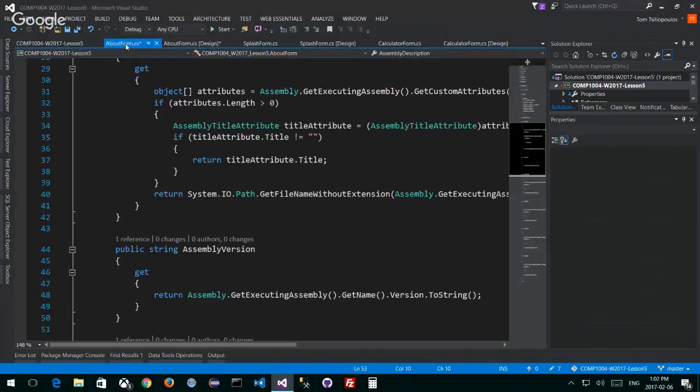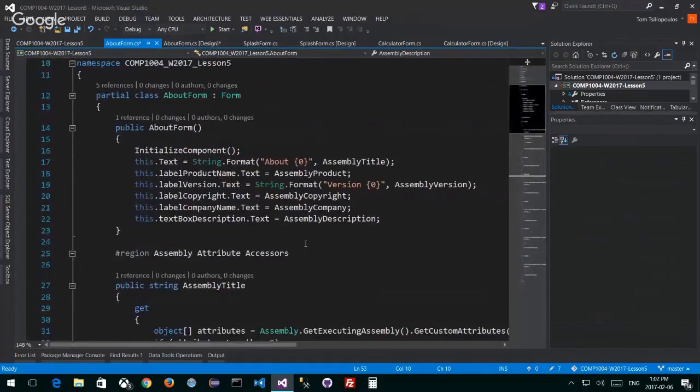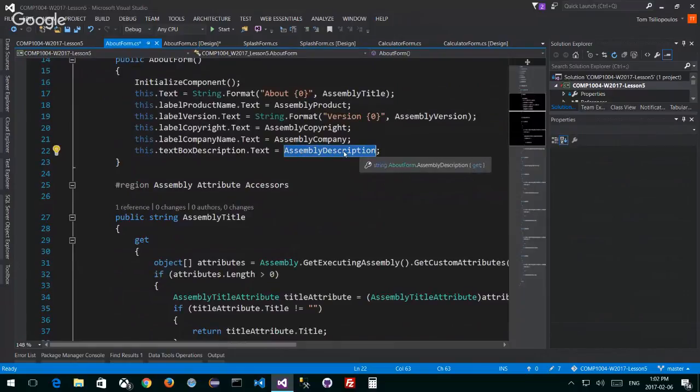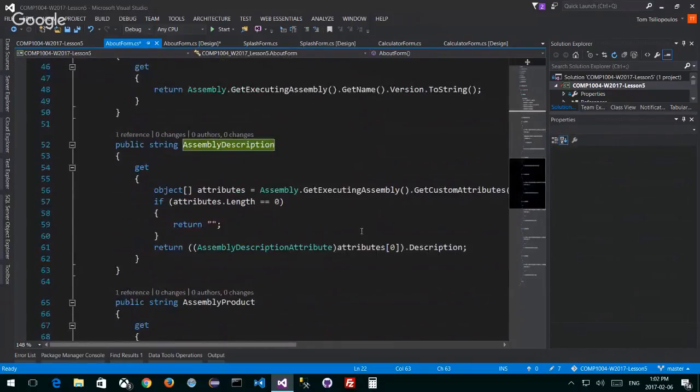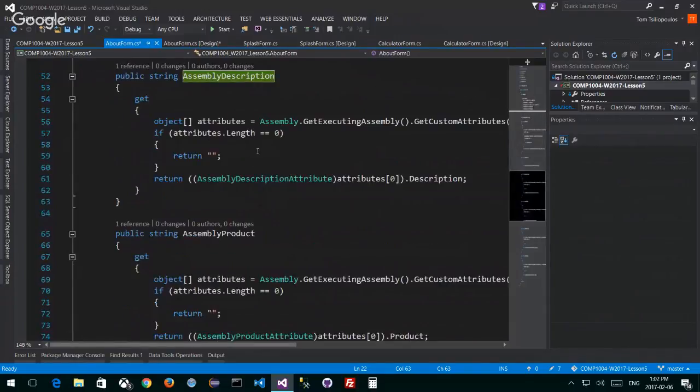So here, if I go back to my about form, and if I look up here, notice, is there anything written here about description? Here's my assembly description, right? Which would be in my text box description, or my description text box is what this should really say, or some kind of thing like that. And here's my assembly description, which is just another property. So I can look down to see where that is. Here it is, which is saying something like this: